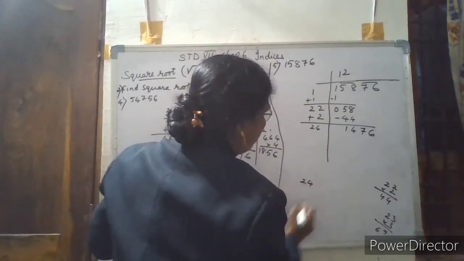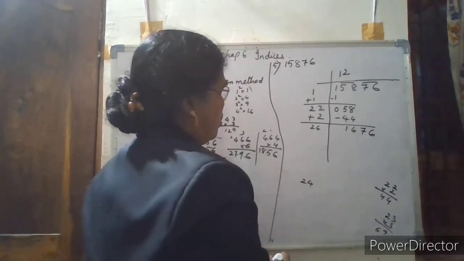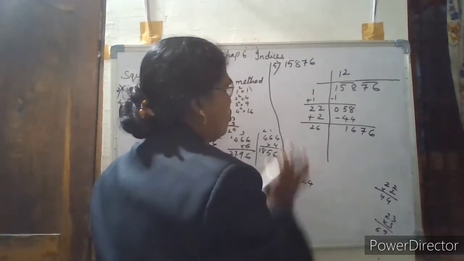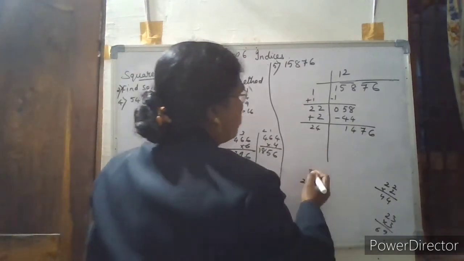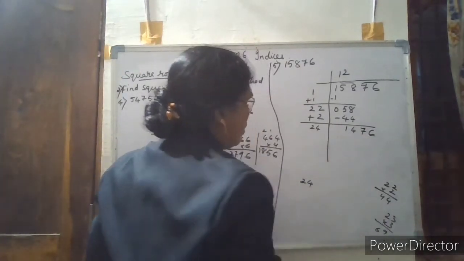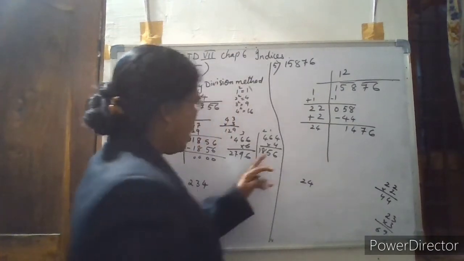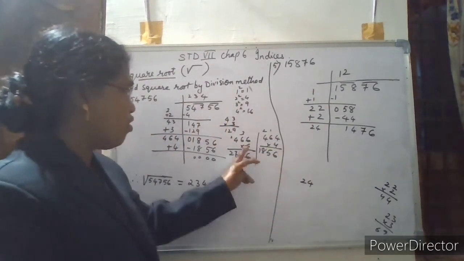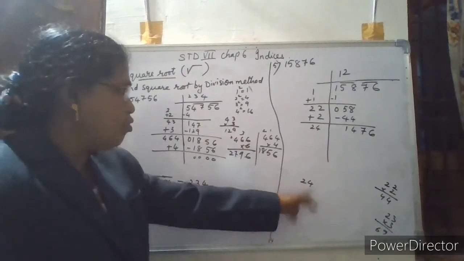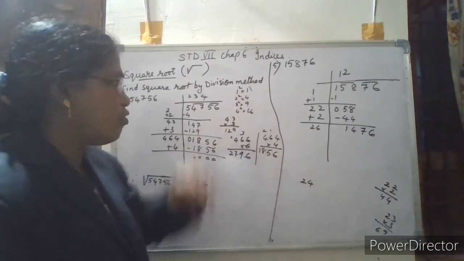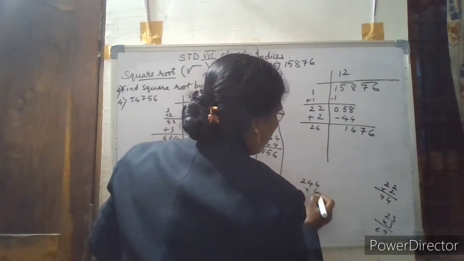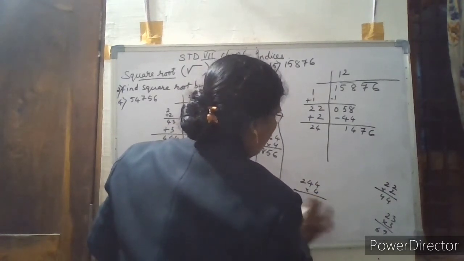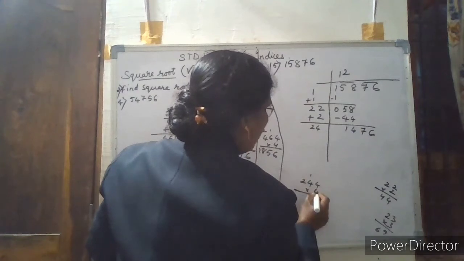Children, this rough work you have to do in the rough column or take a rough page and do it. So now last digit you see it is 6. Again as we had done here, 4 4 is 16 or 6 6 is 36. So now you take either 6 or 4. Let us take 4 and see. 4 4 the 16. Carry 1. 4 4 the 16 plus 1, 17. Carry 1. 4 to the 8, 1, 9.